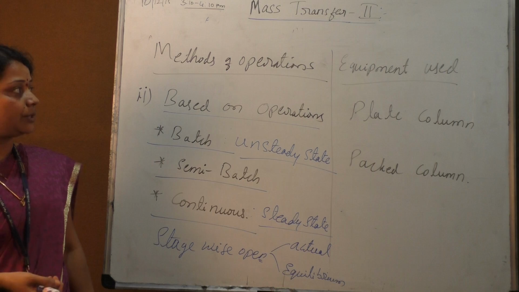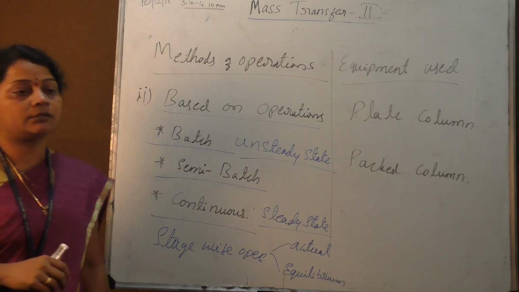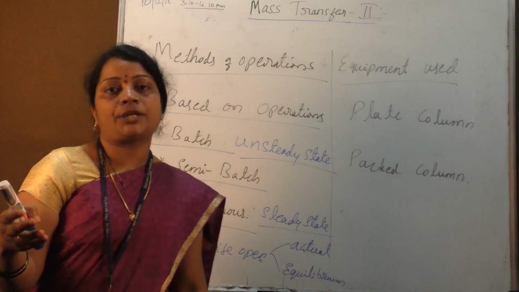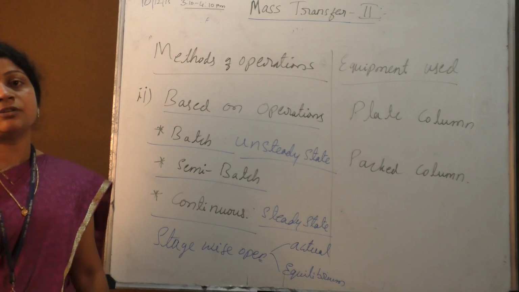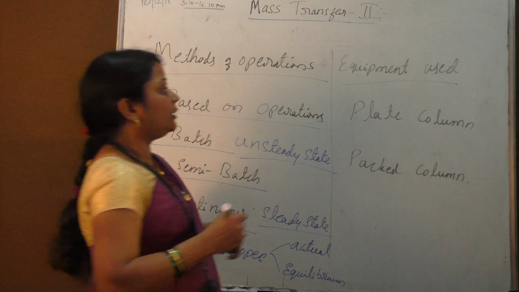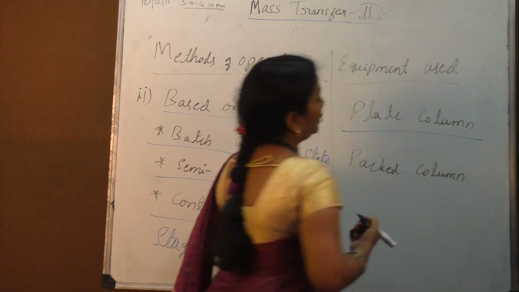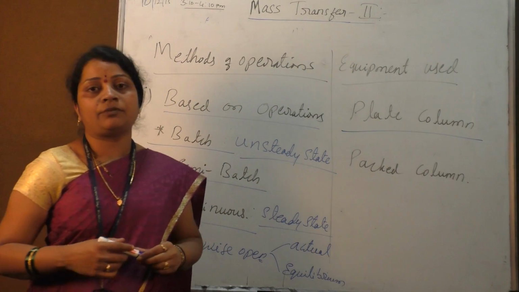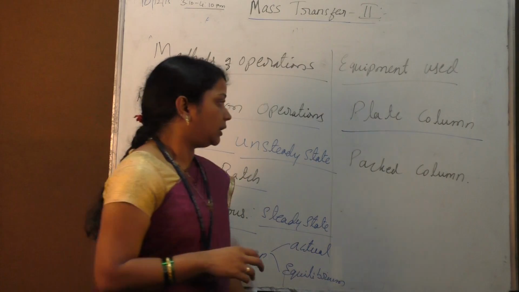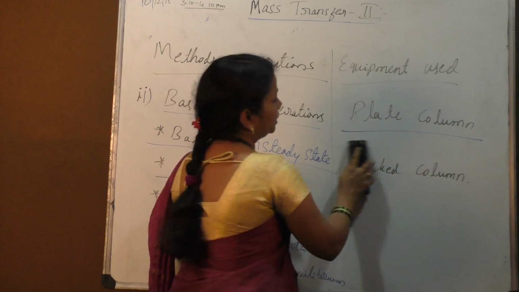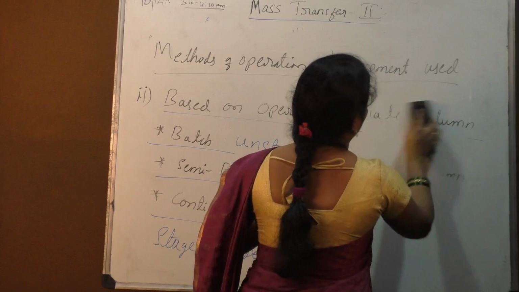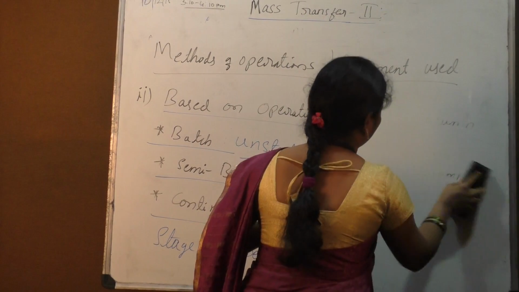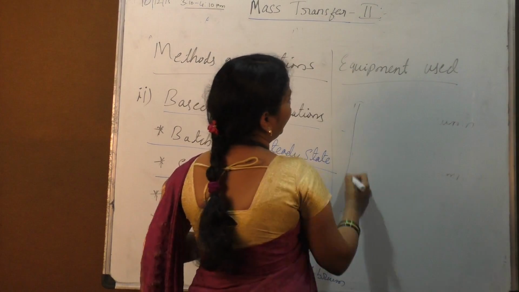In continuous operations, we have two different segments, that is intermittent contact of the phases and continuous contact of the phases. When we are talking about intermittent contact of the phases, plate column type of reactors are used, and when we are talking about continuous contact, we are using the packed column. So plate columns